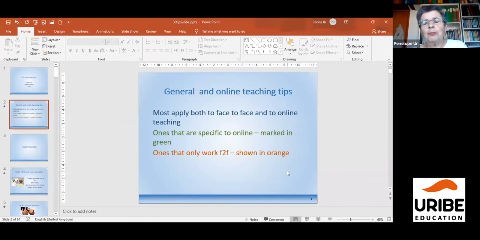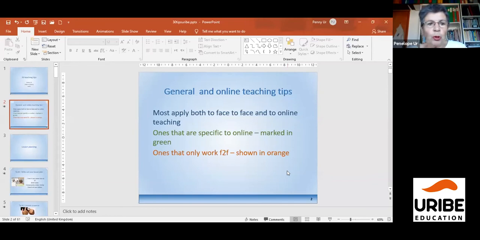I've focused here both on general and online, because a lot of us are doing a lot of our teaching online now. And for the foreseeable future, we're going to have to carry on at least partly doing online. Personally, I much prefer teaching face-to-face, and I think students learn better that way. But the situation being what it is, we're going to have to carry on doing online teaching as well, if not only.